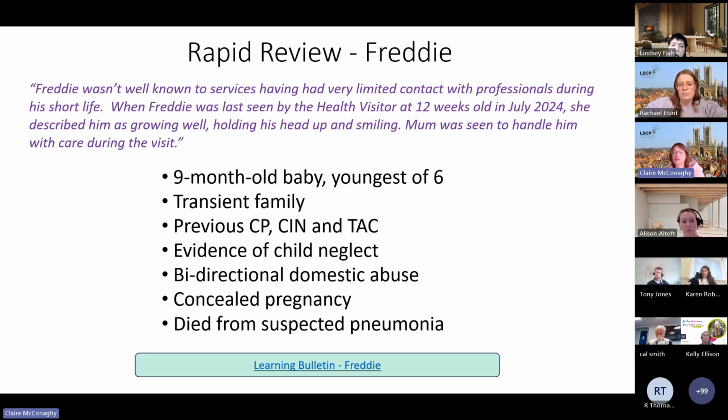All the chats are in there. I just wanted to mention the concealed pregnancy. There has been recently a national piece of work that's been carried out, and that's got lots of learning there around the trauma of adults and what can be done at that very early preventative stage. So anyone working where there's been removal, for instance, or a person that's been known to services and they become pregnant or could become pregnant, that just encourages a lot of thinking and reflection. So I would encourage people to have a little look and keep an eye out for learning around that will be coming out in Lincolnshire as well.